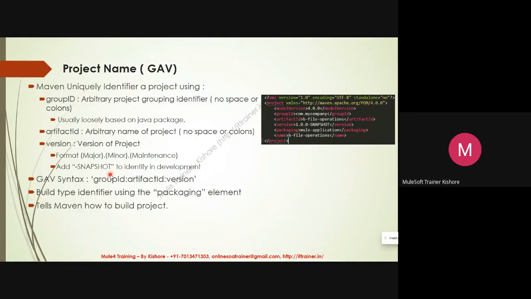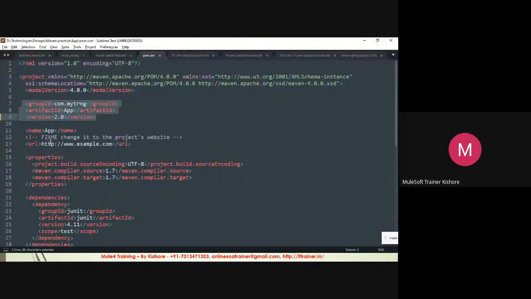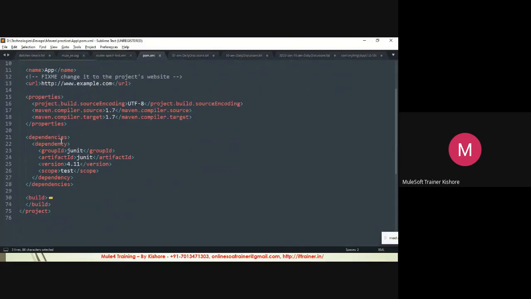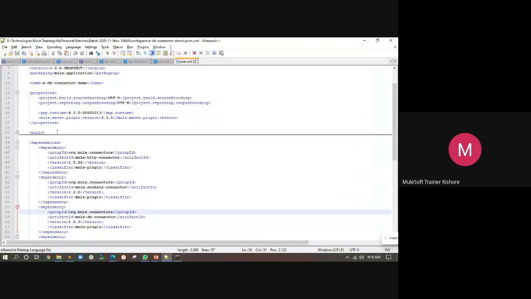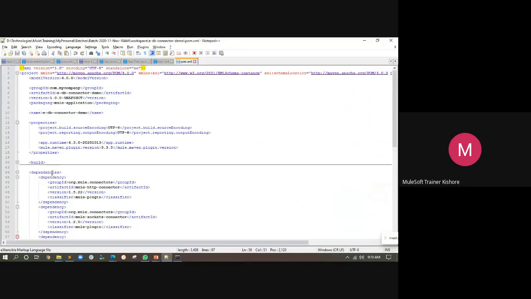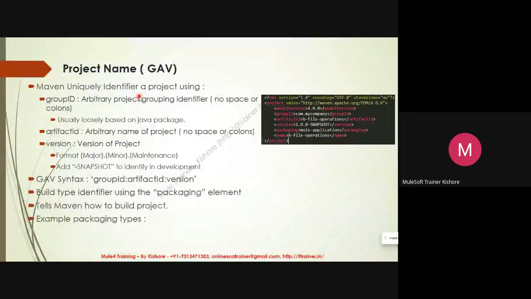So how you want to package your application, that is nothing but your next element, packaging. Let me use our Maven Mule example. So packaging talks about how you want to package your application. I want to package my application as a Mule application. Example packaging types are POM, jar, war, EAR, and custom packagings.